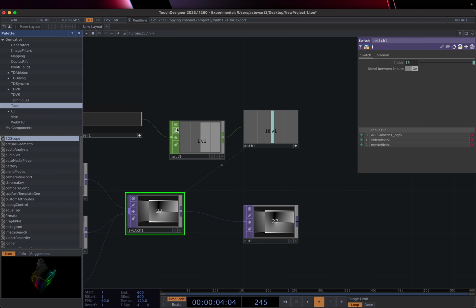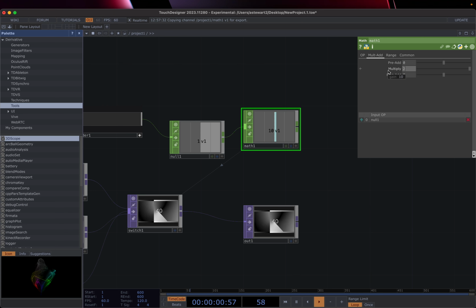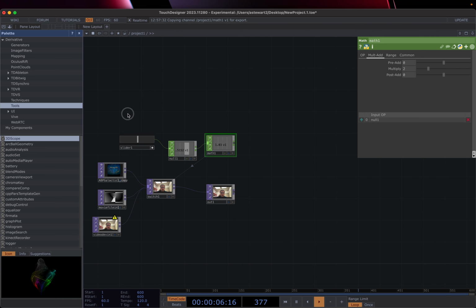And now, I did leave the math set to 10, I think, so maybe we should select this and change this back to 2 so it actually fits our 3 sources, and then we can do this, right? And so we have 3 sources, and in computers, things tend to start counting at 0 and then 1, 2, so that's a total of 3, right? And so now we can use this slider to fade back and forth between these things, which is pretty great. So let's say that we want to automate this instead, all right? So this is one